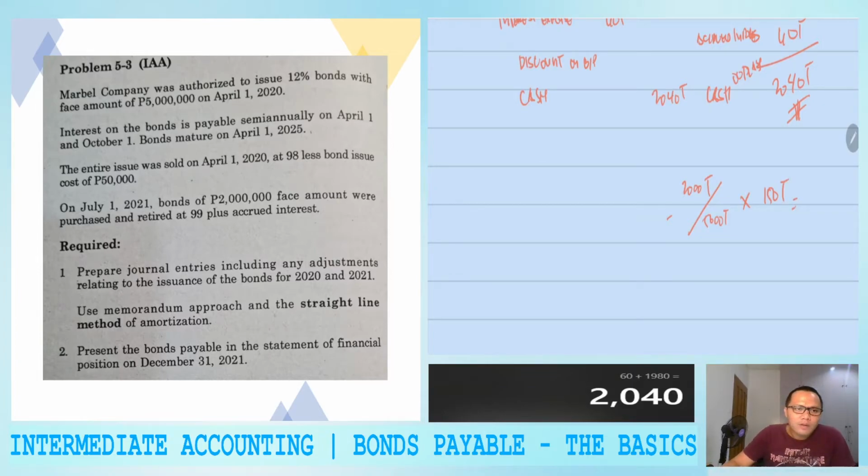Diba? So, mas madali. 2 million divided by 5 million times 150,000, we have